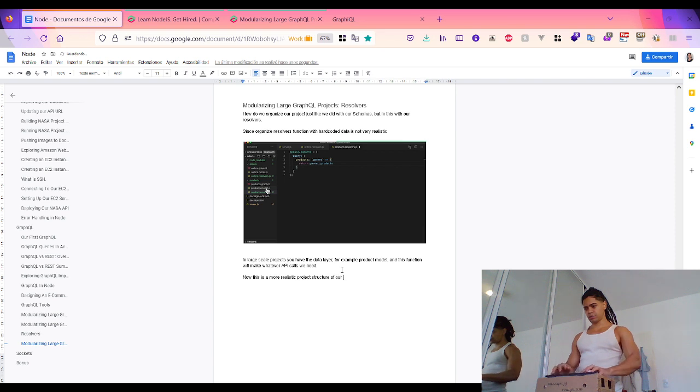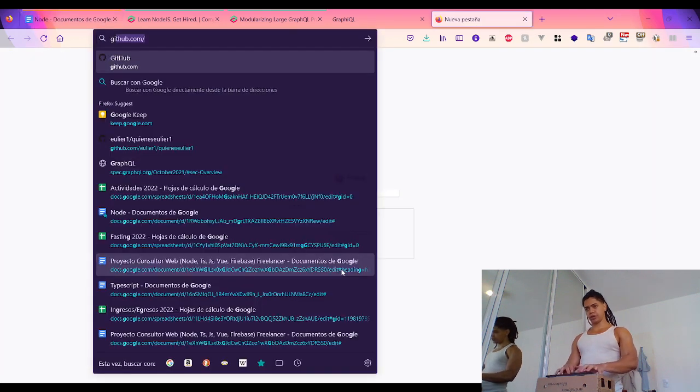Now this is a more realistic project structure of a GraphQL server. And here what I can do is, by getting here on GitHub